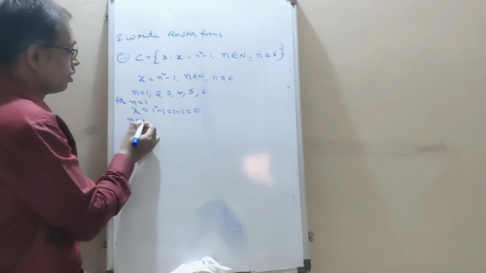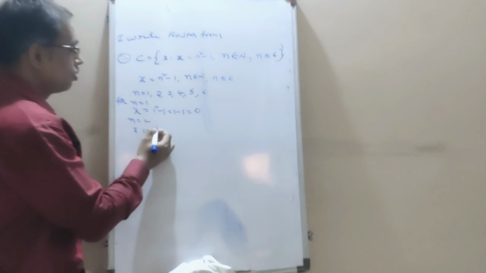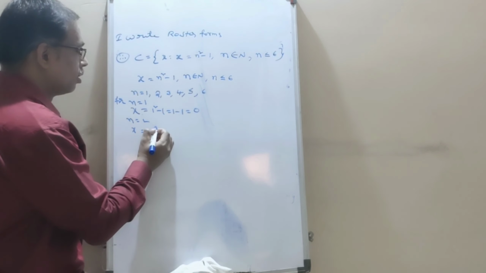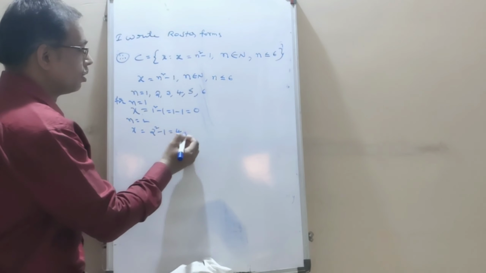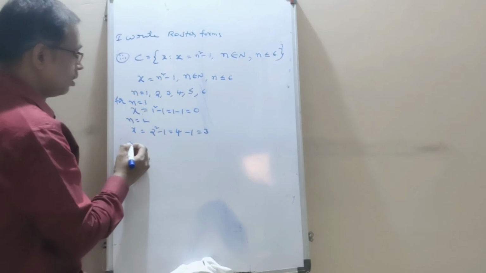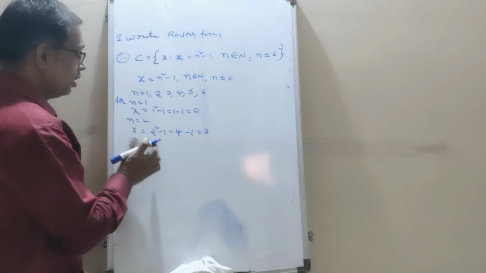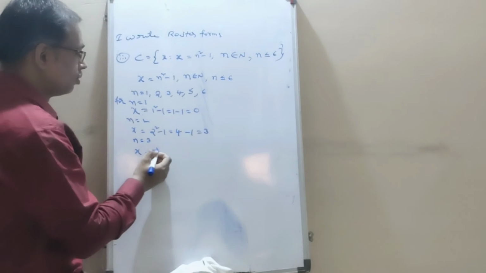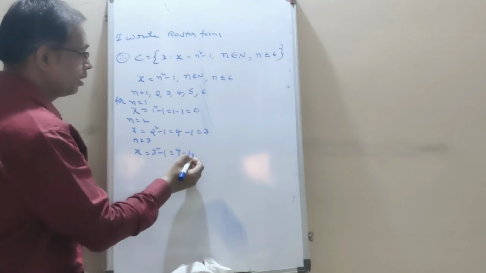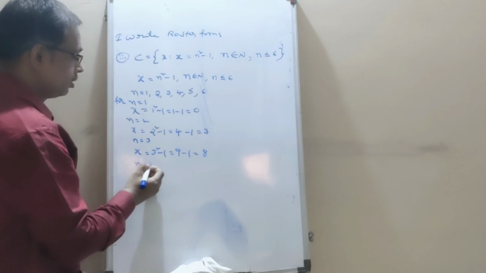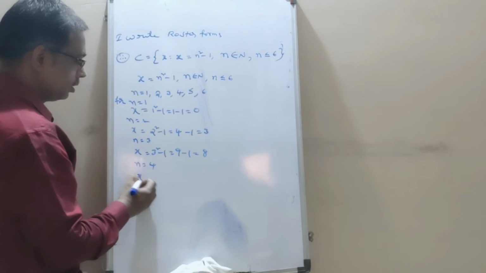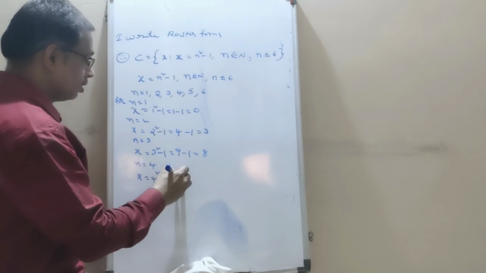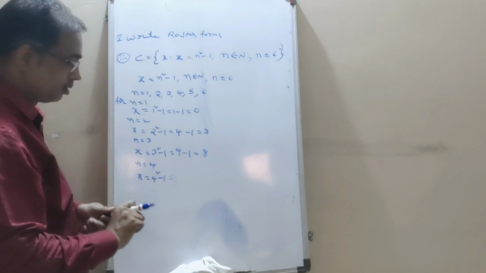Next n is equal to 2: x is 2 square minus 1, that is 4 minus 1, 3. Next n is equal to 3: x is 3 square minus 1, 9 minus 1, 8. For n is equal to 4, x is 4 square minus 1, that is 16 minus 1,